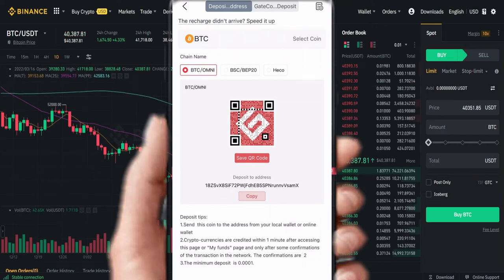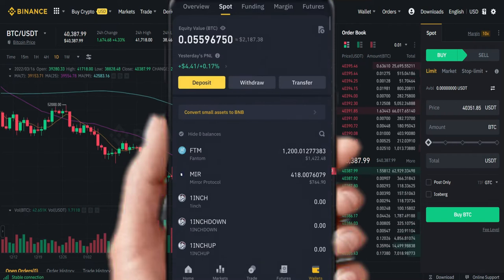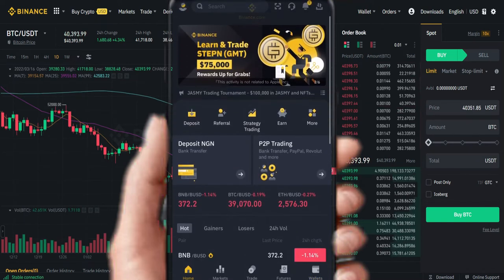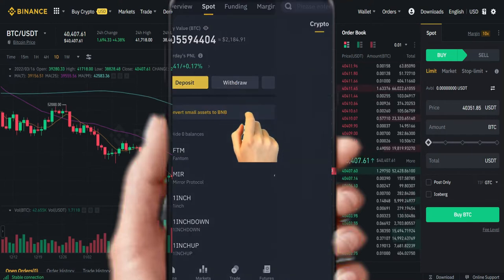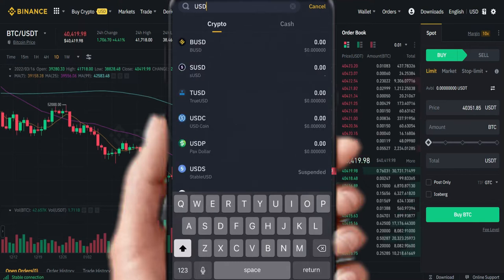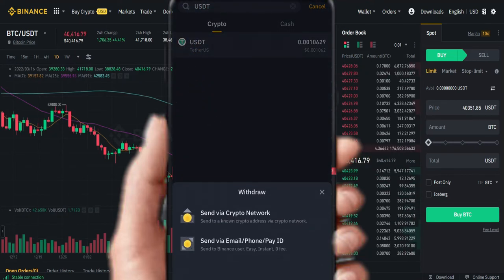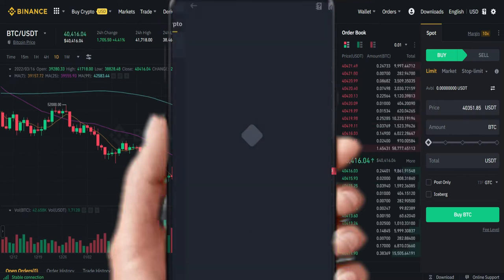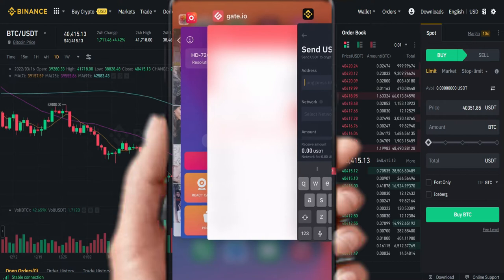Now let me show you, in case you want to withdraw USDT, open your Binance. Let's assume we are on the home page. Go to wallet, click on withdraw. This is very, very important. Type USDT. USDT is already here. Click on USDT. Send via crypto network. Now USDT is very, very important because once you paste your address, let's copy the address, go back to